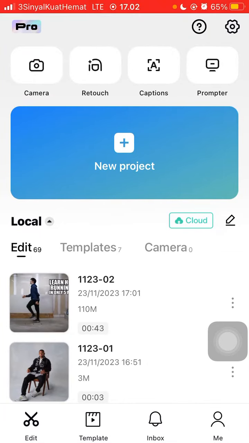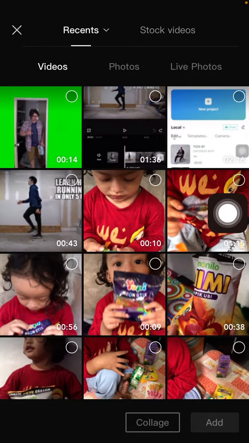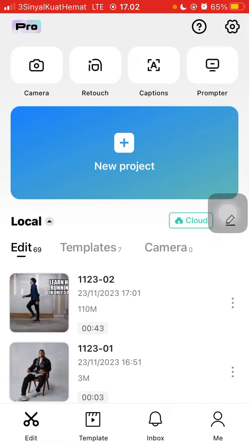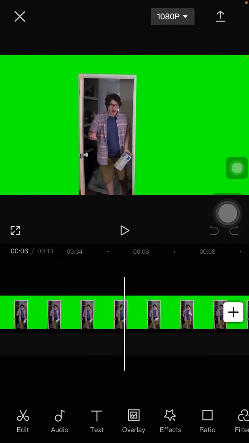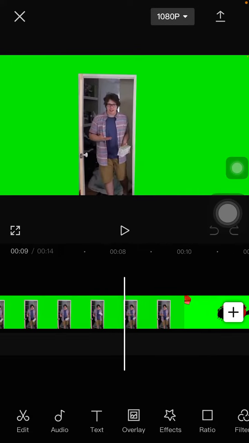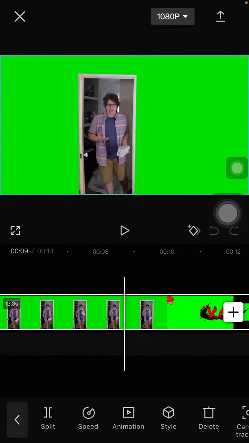In a simple video, I'm gonna show you how to edit green screen using CapCut apps. Alright, so select new project and select your green screen video. For example,